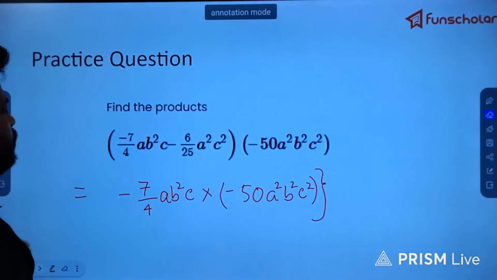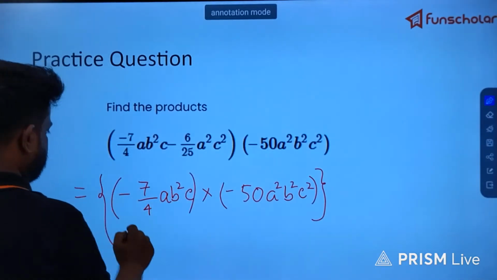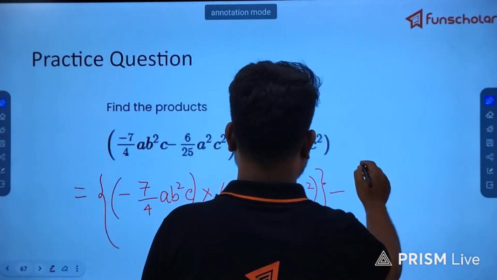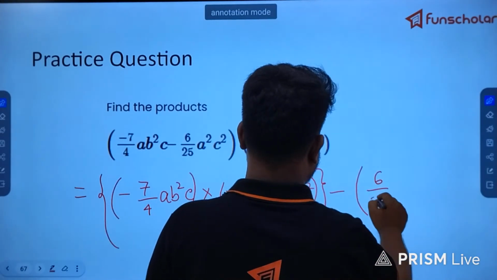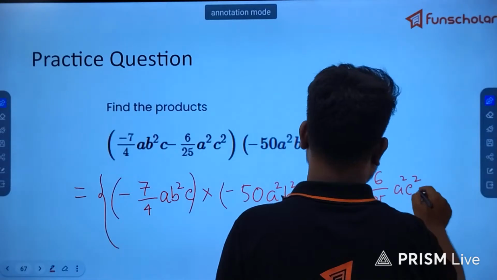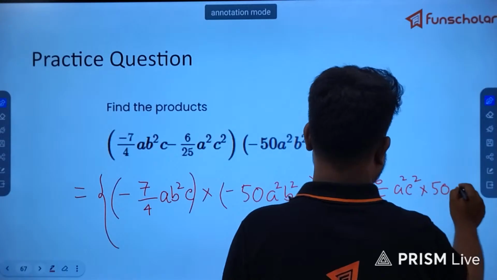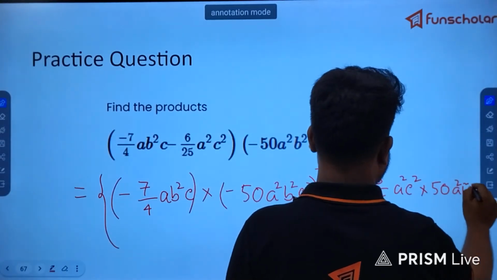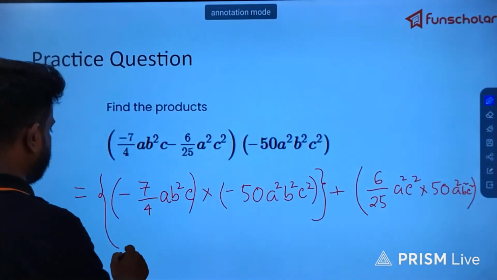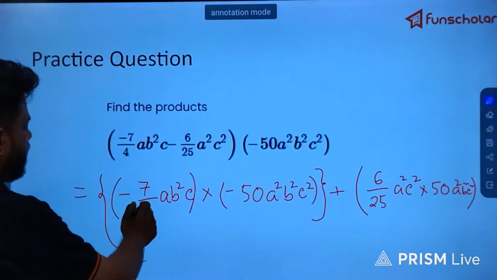Minus 7 into, okay, write it down like this. Okay, and minus, it will be 6 by 25 a square c square into 15 a square b square c square, and the minus and minus will be plus. Okay, the next thing is add the minus and minus, and it will be plus, and by